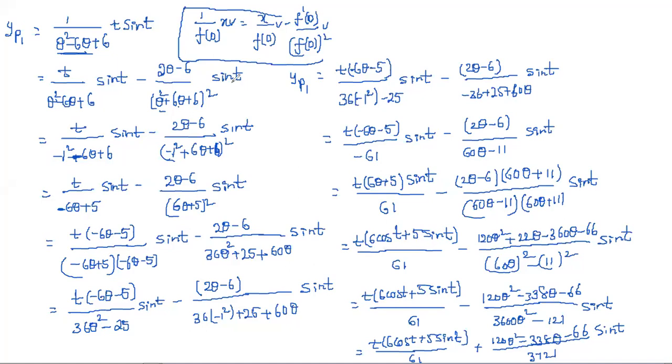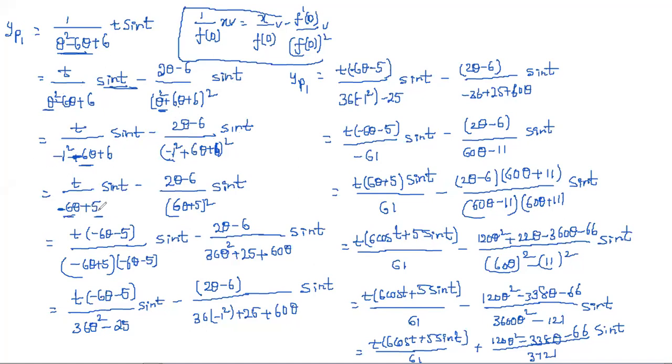Plus 6 whole square into sin t. So here it is having type 2, and in place of theta square we have to substitute minus 1 square. So minus 1 square minus 6 theta plus 6. And coming to this, in place of theta square I substituted minus 1 square plus 6 theta plus 6 whole square. And then t by, here what we got is minus 6 theta, and 6 minus 1 is nothing